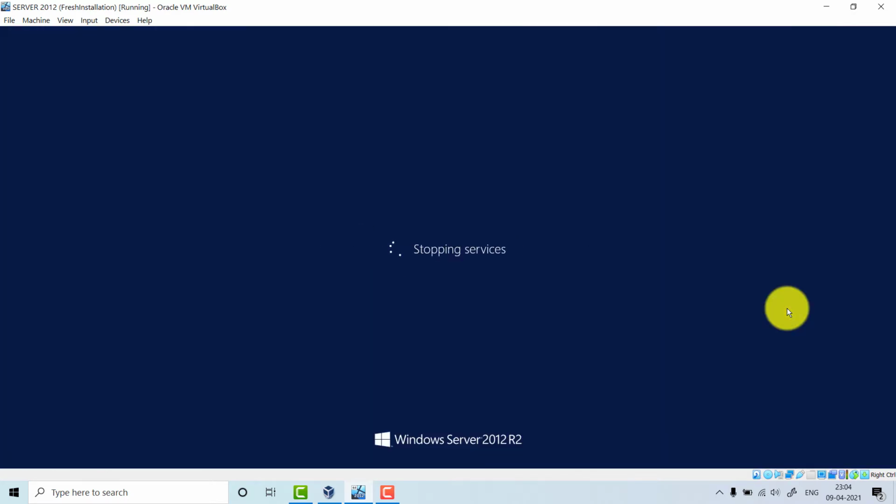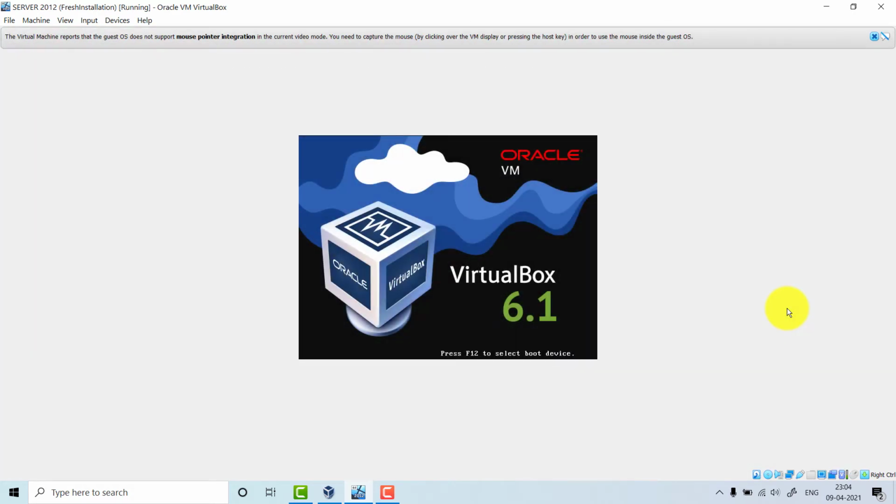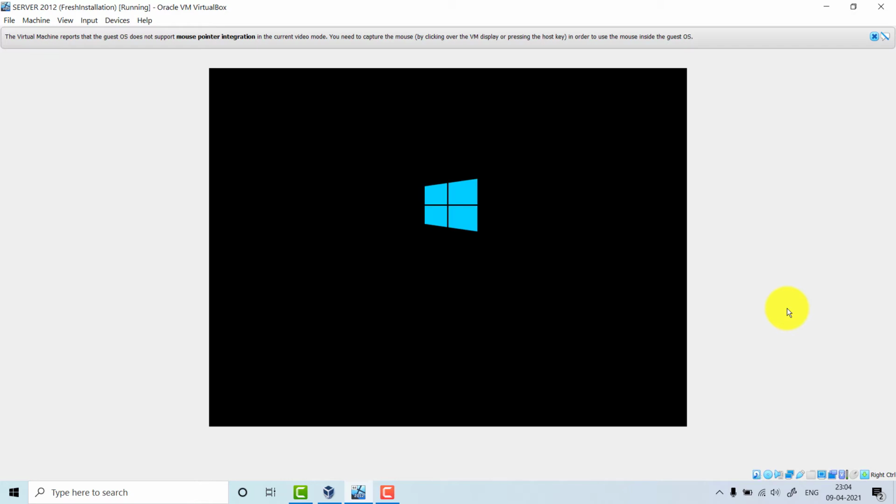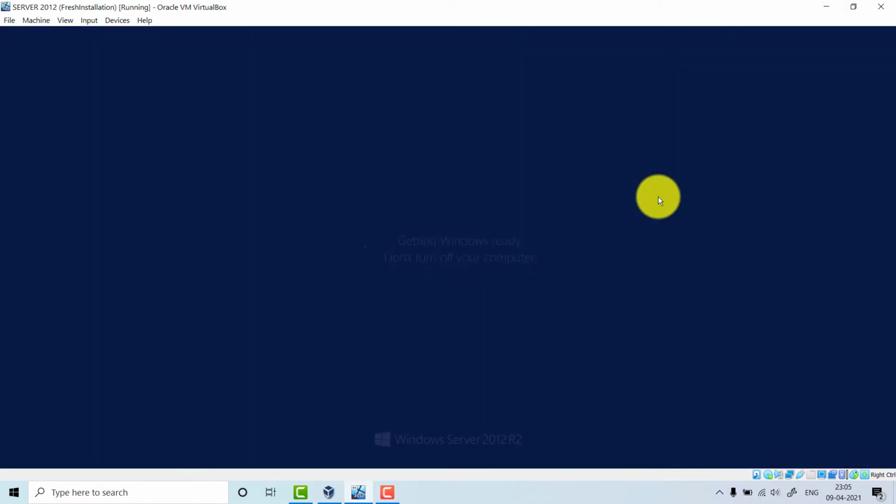As you can see, our server machine has restarted. Again, when it comes back, it will start the pending installation process. Right now, we have not completed the installation of those three roles that I showed you. We need to give the username and password. We'll give the administrator username and password, and it will start the installation where it had halted and restarted.